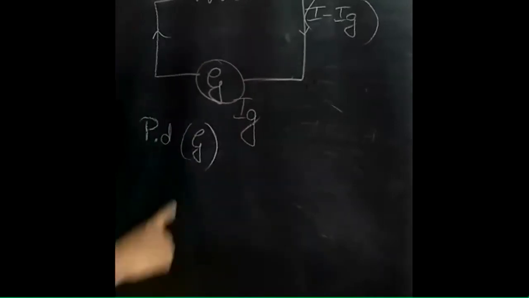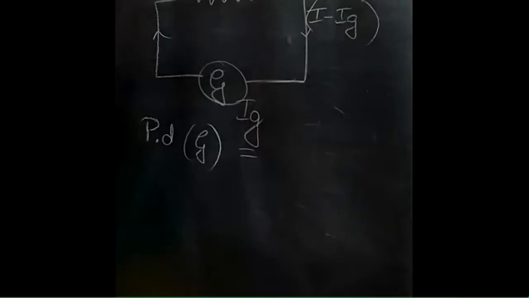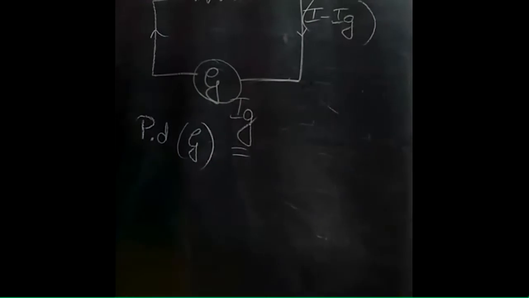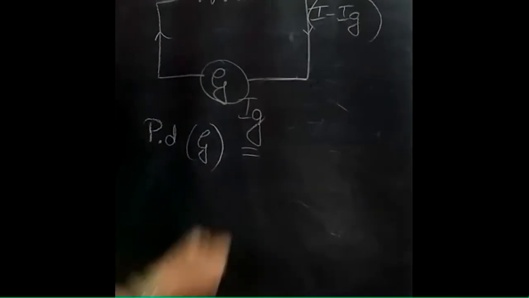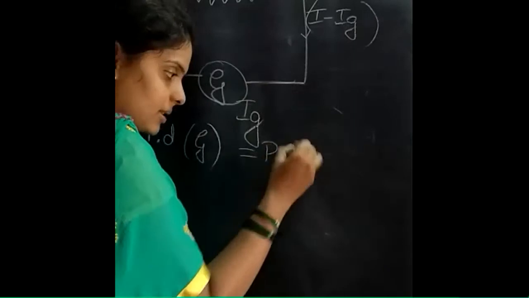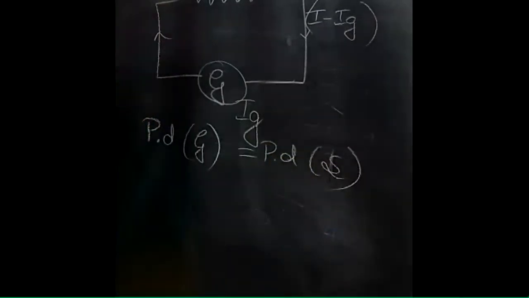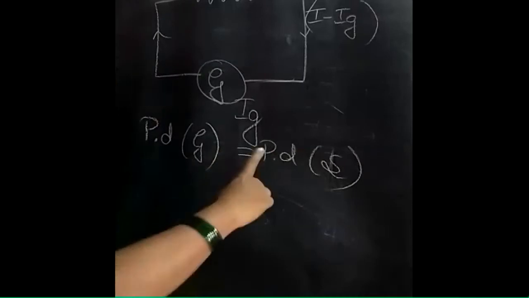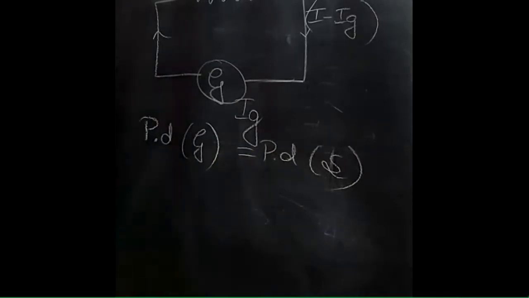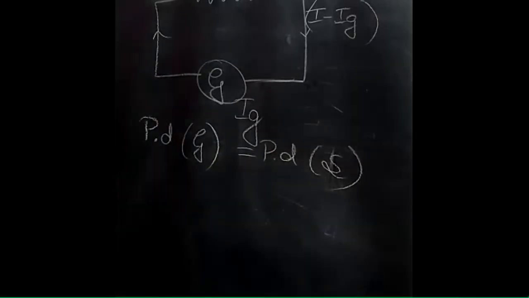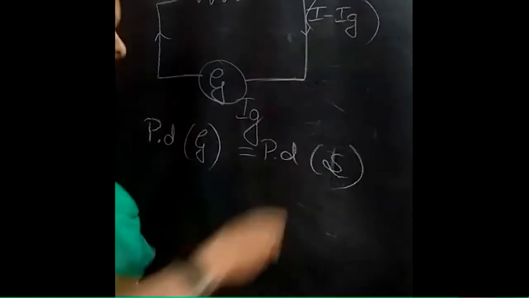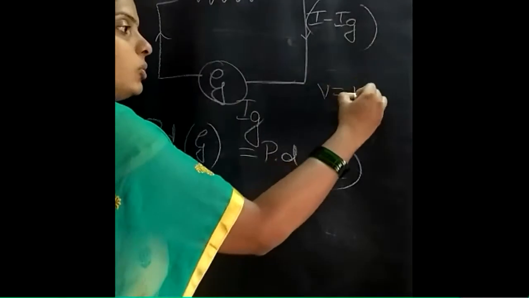Potential difference across the galvanometer is equal to potential difference across the resistance. So by using this concept, I am calculating the value of S. According to Ohm's law, potential difference is nothing but V is equal to